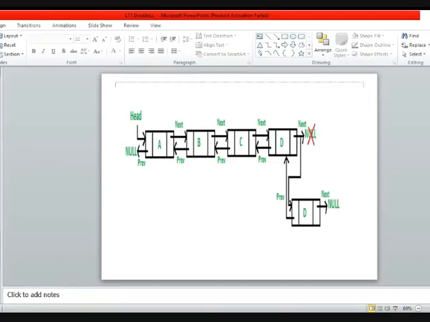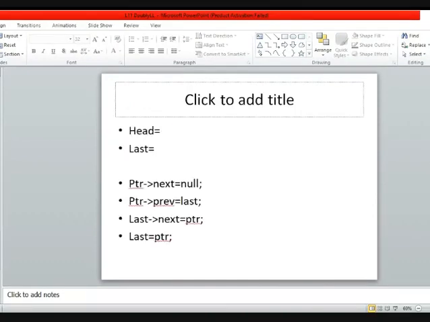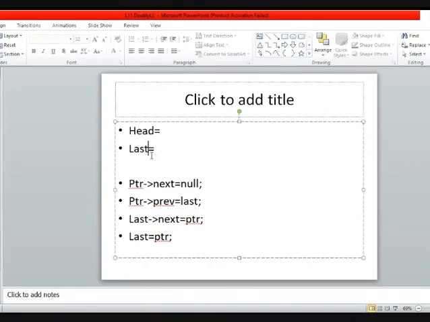Okay, class, is it clear to you? And because you are maintaining this last, similar to maintaining head, you need to maintain this last also when you are performing any operation, whether it is insertion or deletion. Okay, so accordingly the last will change.